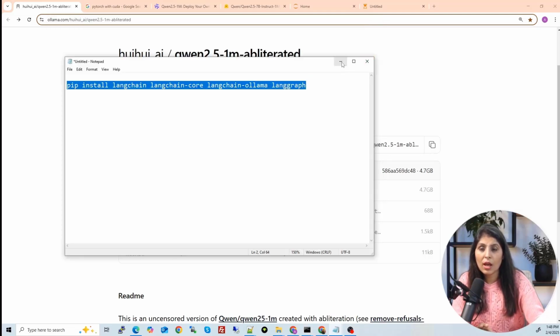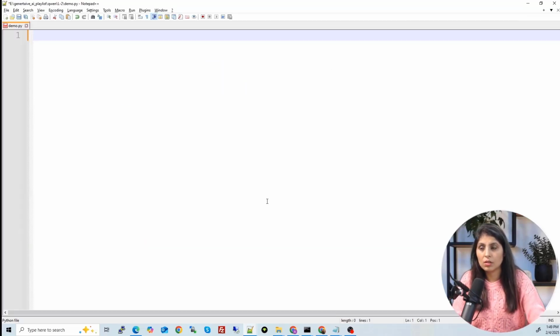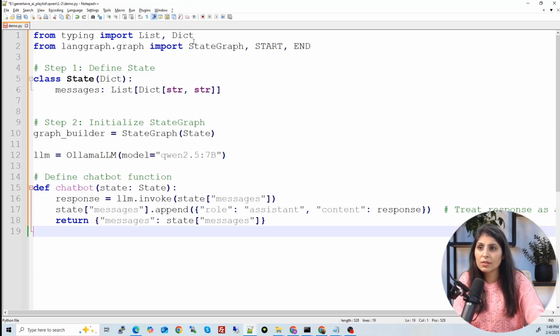Now once you have the requirements installed, let's see the code. Now let's see how to build a chatbot using LangGraph and this Qwen 2.5. For that I have this blank file, we'll work in it. So guys, let's understand this code first. First I'm importing these two modules from typing, List and Dict. Why do we need these modules?